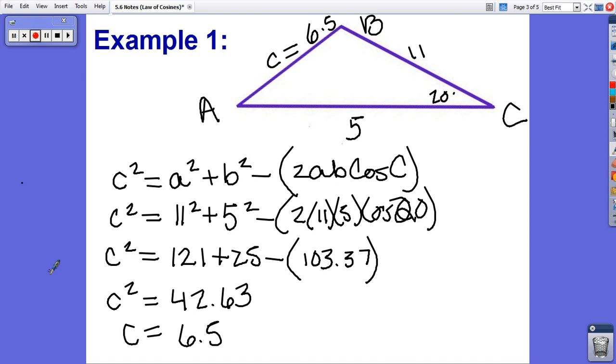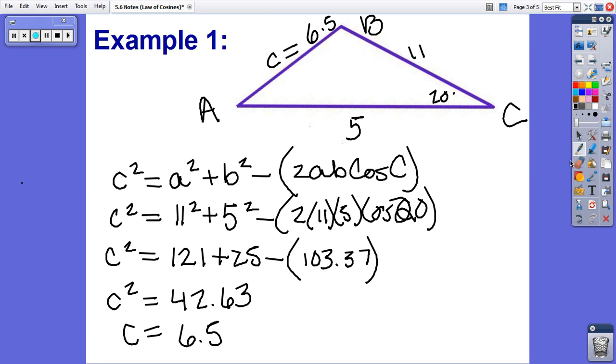So if any of your angles are obtuse, which you don't know 2 of them right now, so chances are, and this one's 20, so chances are one of them is, if any of the angles are obtuse, the law of sines will give you the wrong answer. So if you start with law of cosines, my suggestion is that you finish with the law of cosines as well. So we are going to continue to be able to find angle B and angle A using the law of cosines,